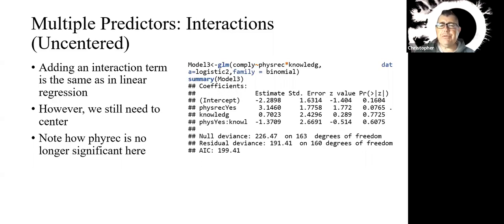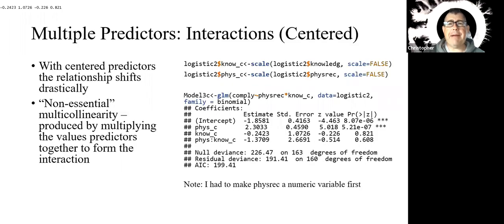One of the issues that we'll see is that when we don't center our variables, it'll cause problems for getting a good estimate of what the effects actually are. So here's an analysis that's uncentered. It's very easy to forget and to simply throw stuff in uncentered, and you'll get very strange findings when you compare it to a centered analysis. In this next slide, I'm going to take a look at what happens when we actually center the variables. Let me get myself out of the way there. When we actually center the variables,